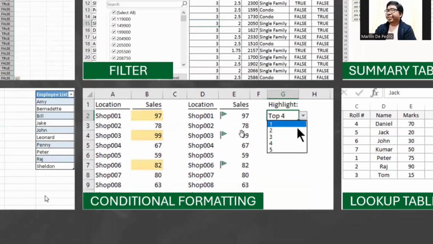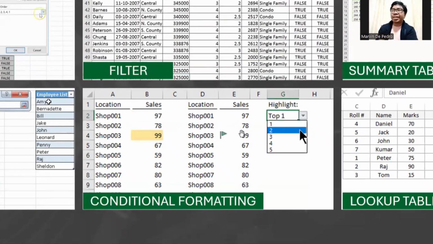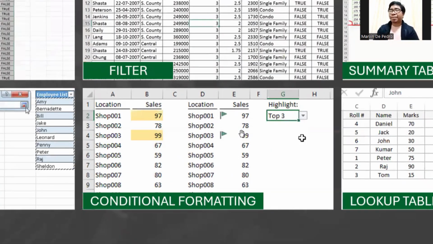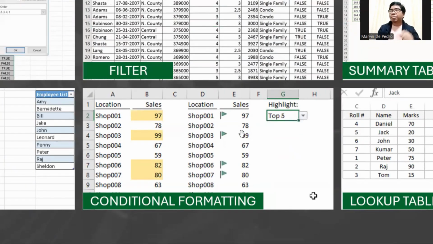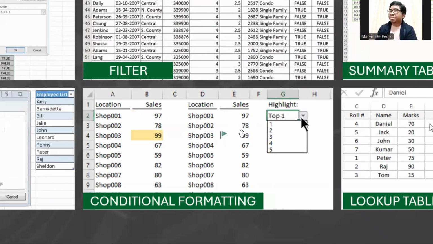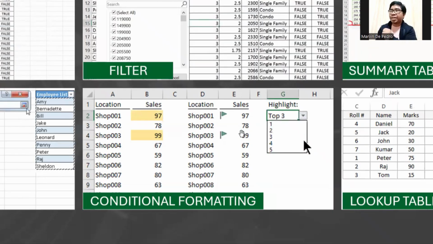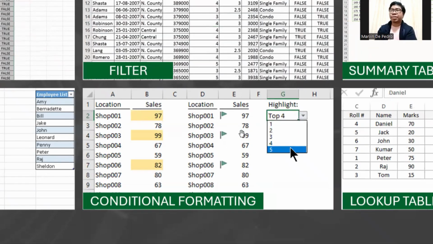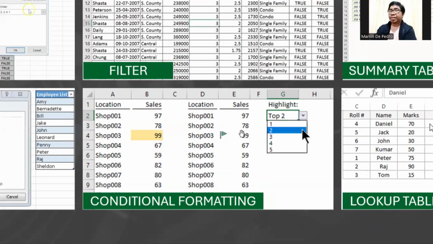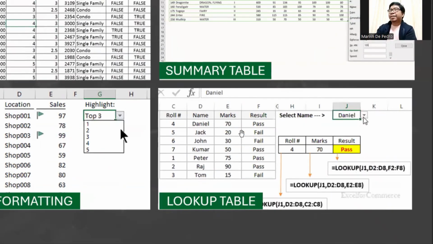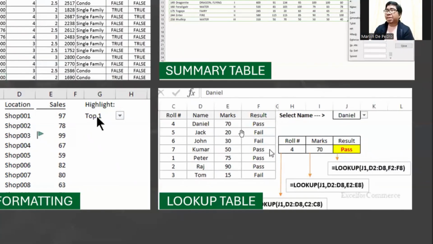Also, to help you analyze your data more systematically, it will be nice that we provide some conditional formatting. Like if it's below 60, below a certain number, it will turn red. Or in this case, we can highlight the highest, the second highest, the third highest, fourth highest, and so on, using this conditional formatting function of Excel. And for more advanced tables, we can make use of a lookup table.